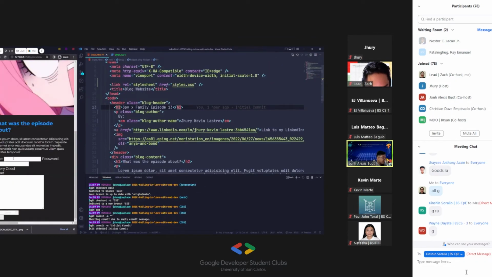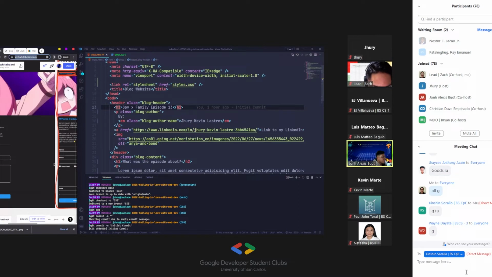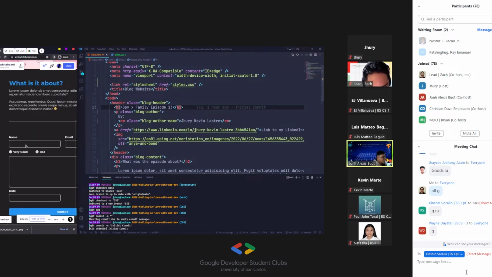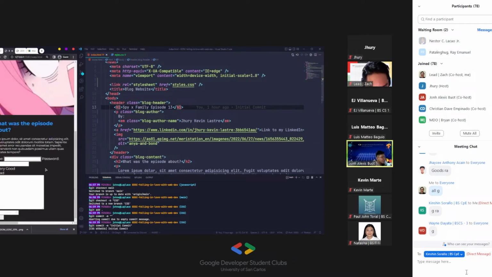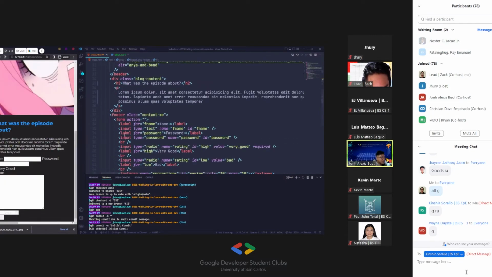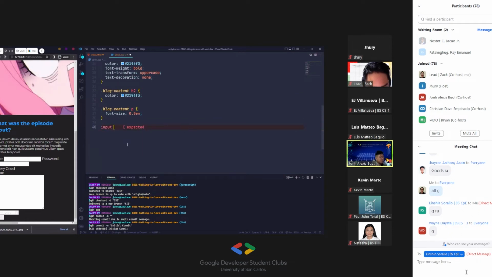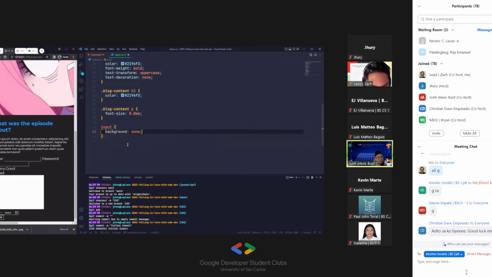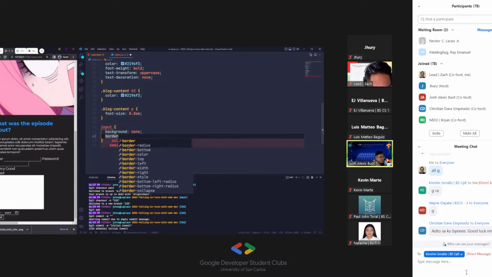For the fields, our goal is to only show the border and not have any background. So basically the background is transparent and we only have a border. We can select all fields by just saying the tag name. So input, background is none. And then the border is,